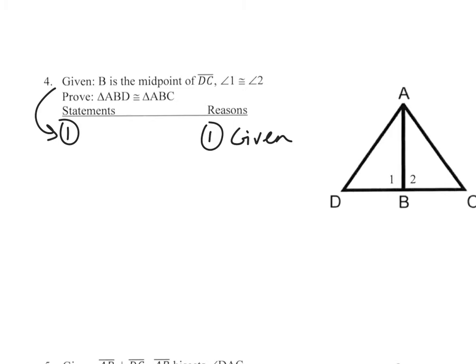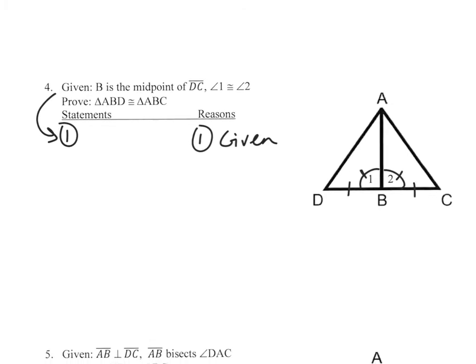You are told that 1 is congruent to 2. You should go ahead and mark that right away, that they are congruent, so you can see it. You're told that B is the midpoint of DC. So, John, since it's the midpoint, which 2 pieces are congruent? DB and BC. Yes, DB and BC, or CB, I guess we should say. DB is congruent to CB because,